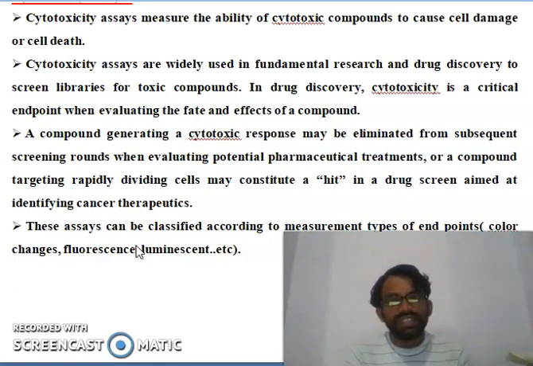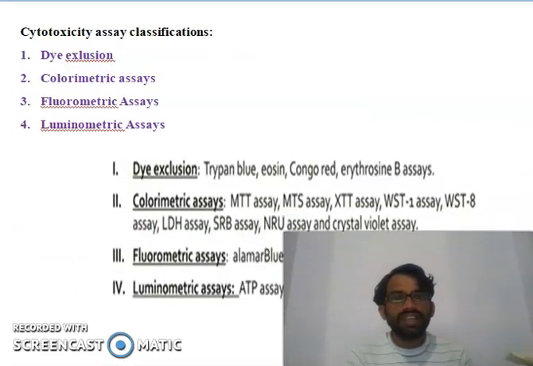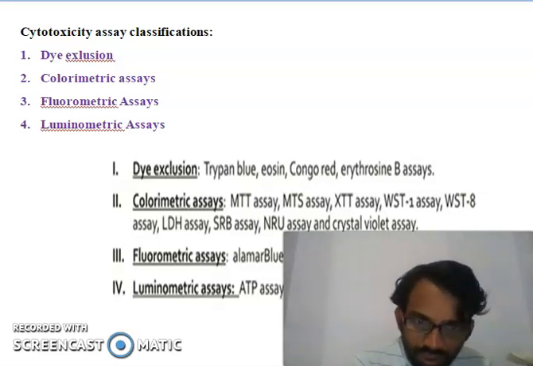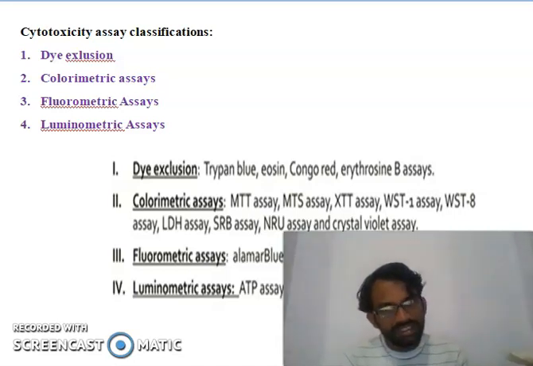These assays can be classified according to the measurement type of endpoint: color change, fluorescence, luminescence, etc. Cytotoxicity assays are classified into mainly four methods: dye exclusion, colorimetric assay, fluorometric assay and